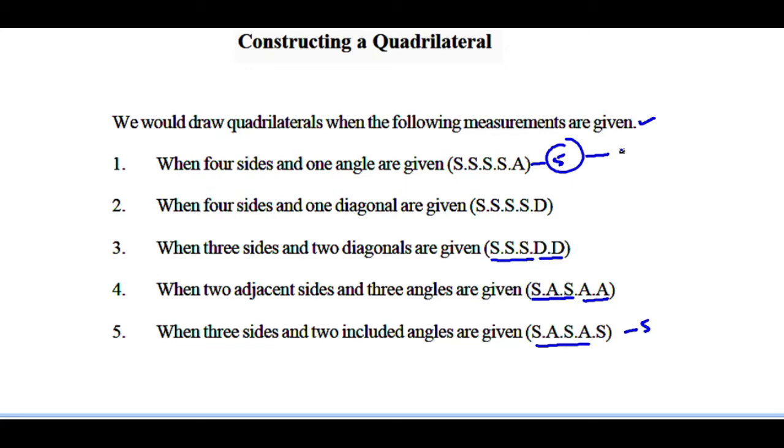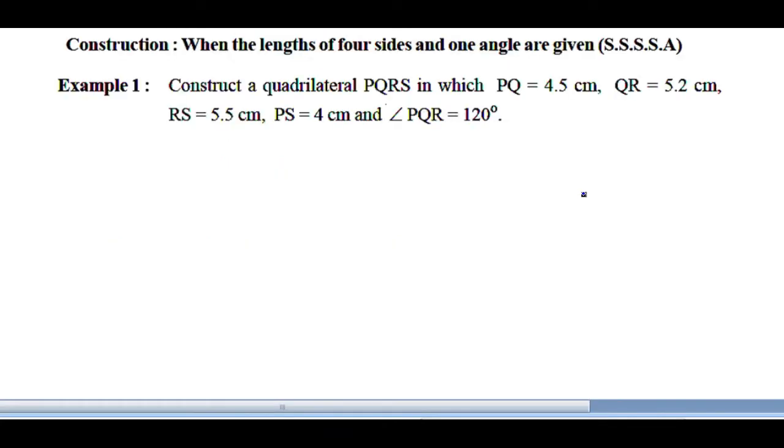In exercise 3.1, we are dealing with the construction when 4 sides and 1 angle are given. Before constructing any quadrilateral, first we need to draw a rough sketch for the given question. Now first we will solve examples 1 and 2 before the exercise. So in the example here we are going to construct the quadrilateral when the lengths of 4 sides and 1 angle are given. So example 1: construct a quadrilateral PQRS in which PQ is 4.5 centimeters, Q to R